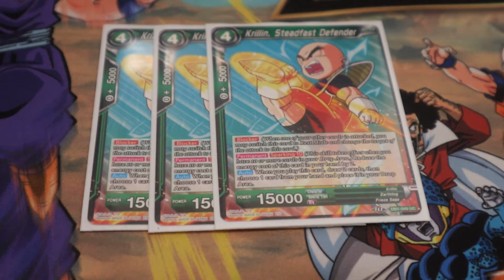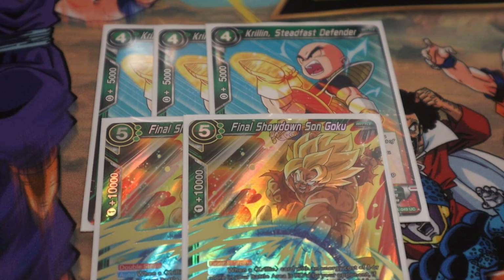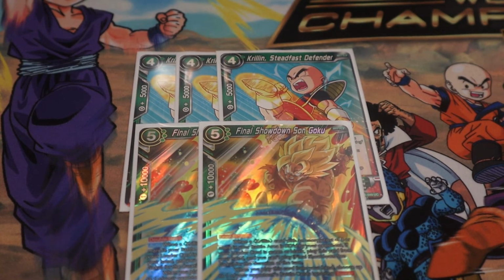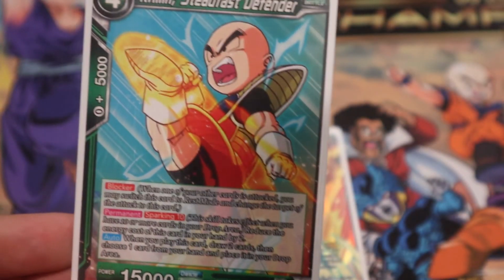Another tech card is 3 Krillin Steadfast Defender and 2 Final Showdown Son Goku. So this card is a very fun combo. I like this even in other red-green builds. What's nice about Krillin Steadfast Defender is that he is a 4 cost, but he becomes a 2 cost if